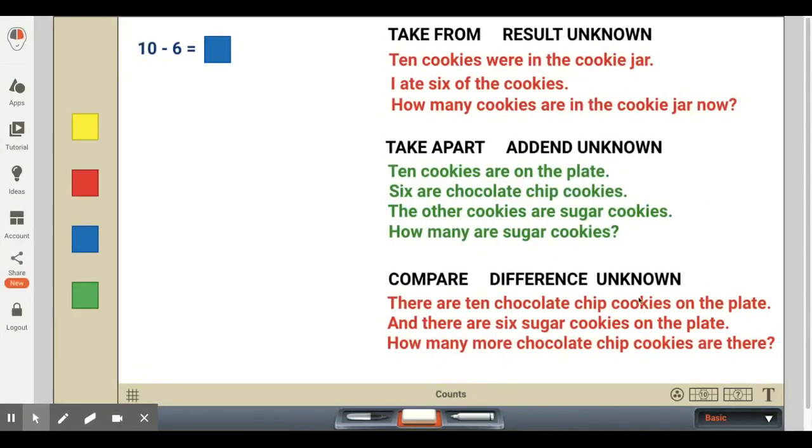So students need to make sure to read the problem completely, and in this case here, make sure that they understand the situation. Once they do that, hopefully they realize that it's a comparison problem, and this is one of the ways that they can set it up as a subtraction problem. 10 minus 6 is equal to some difference.